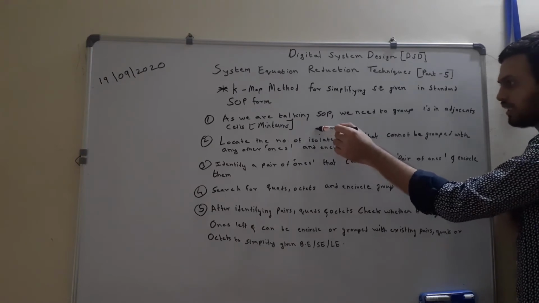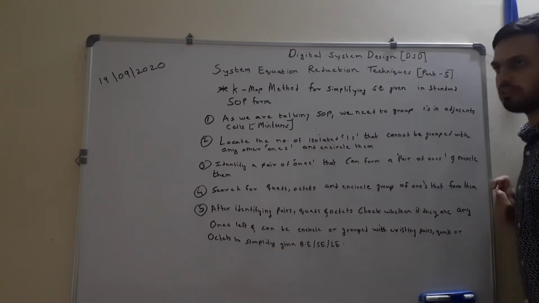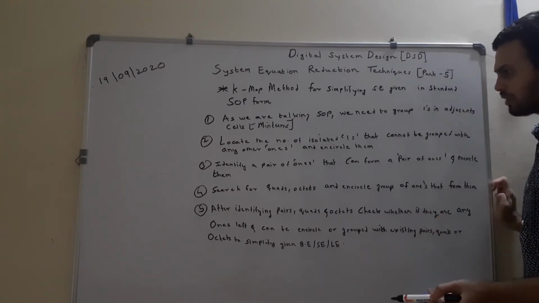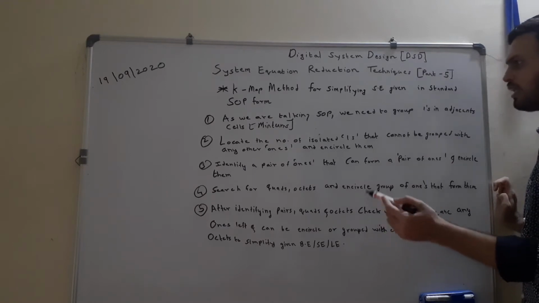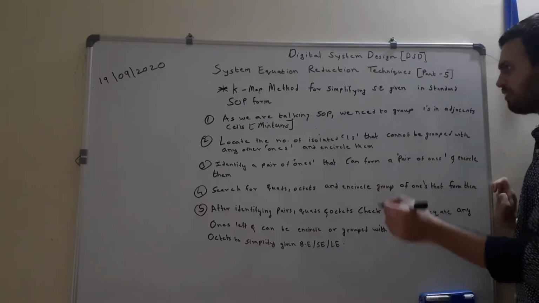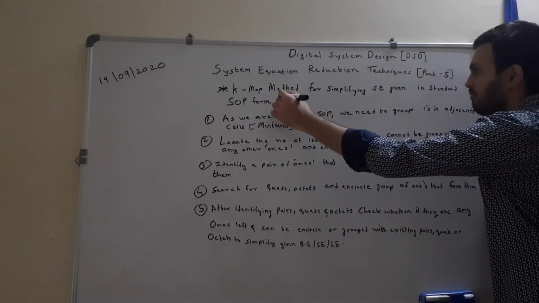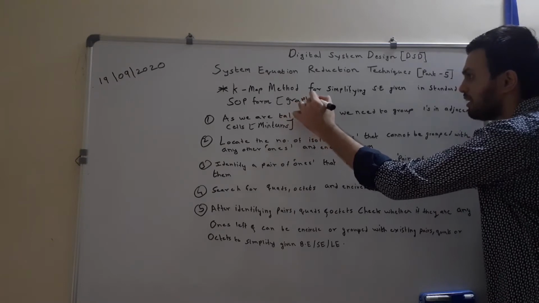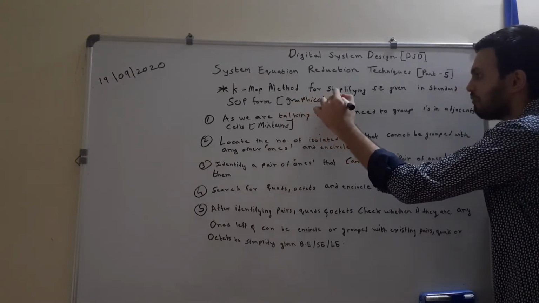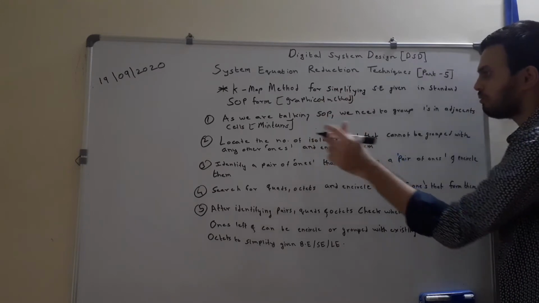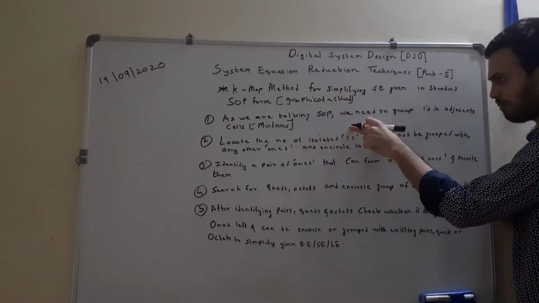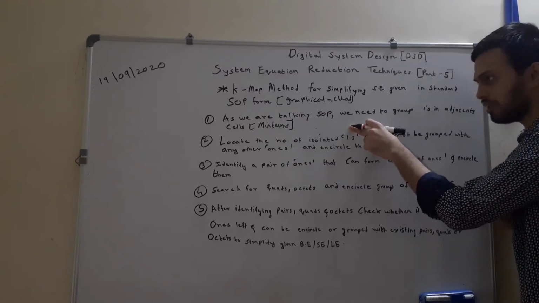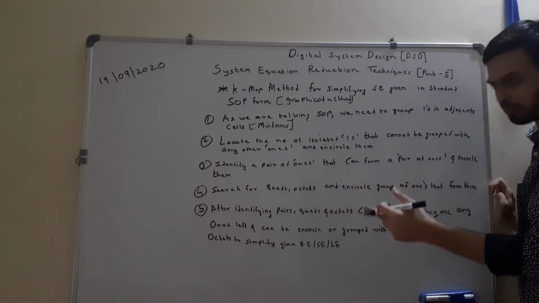In this technique, whenever we are simplifying a given system equation or logic expression, a set of min terms given to us, and we are minimizing it using K-map, another name for K-map is graphical method. Remember this: we are grouping only the ones present in the K-map. The laws of grouping we discussed in the previous lecture, so if anybody has not seen it, please have a look at it in order to understand the grouping procedure.